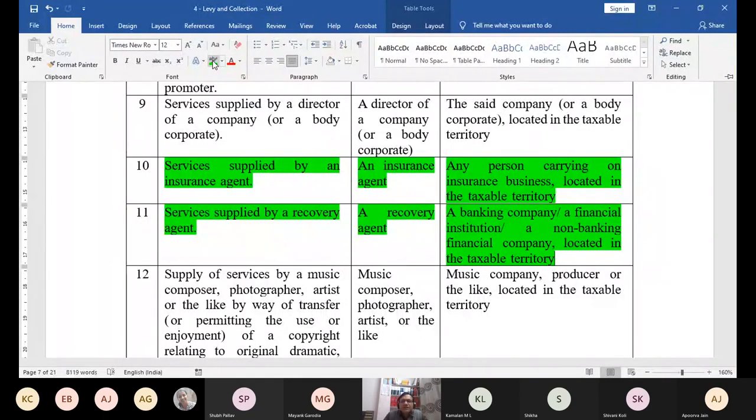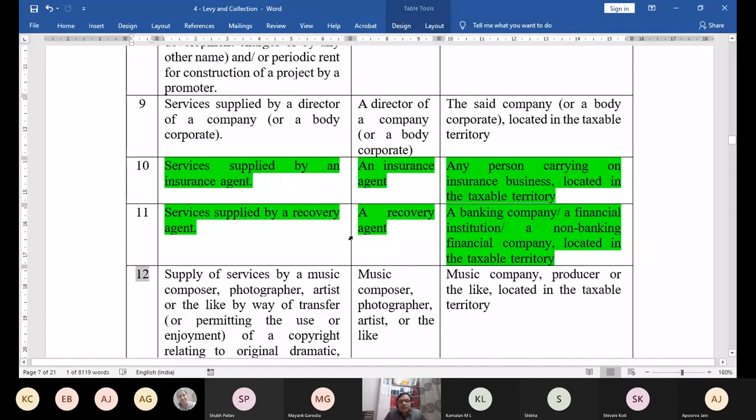But so many times we have seen that many people have taken wrong steps, because these recovery agents go to their homes every time, and the person who has taken a loan often feels insulted. Many people who have taken loans were harassed by these recovery agents, and because of that they have taken the wrong step also. But that is another issue. As far as GST is concerned, whenever the recovery agent supplies the services, to whom does the agent supply the service? To the banks or to the companies which are giving loans. So those companies have an obligation to pay GST on reverse charge basis.